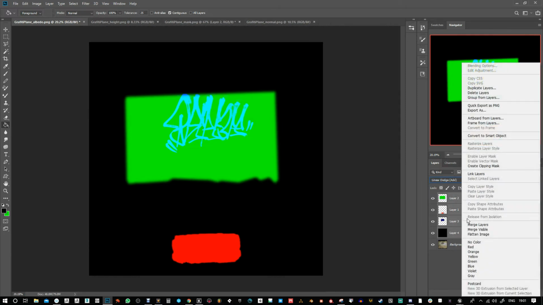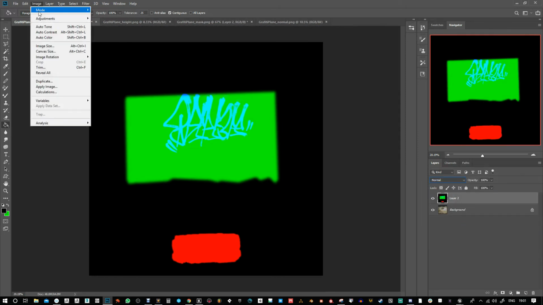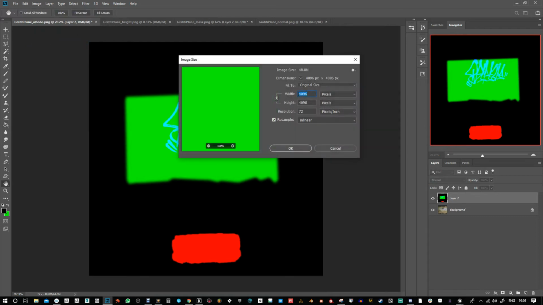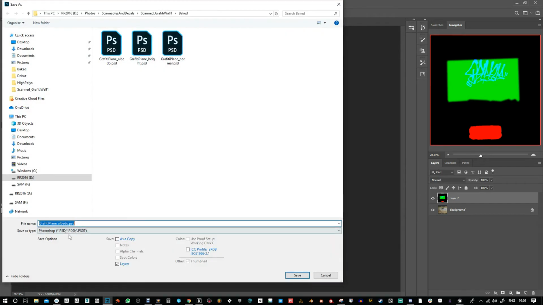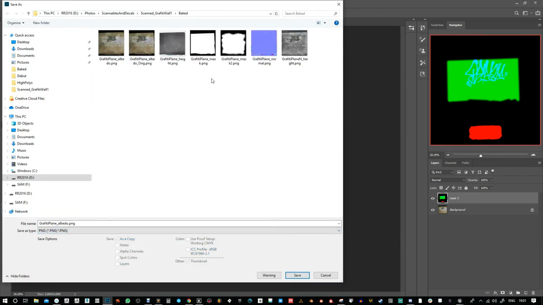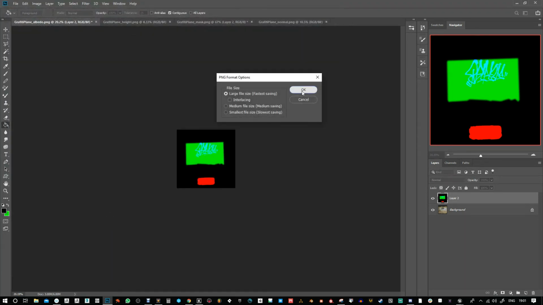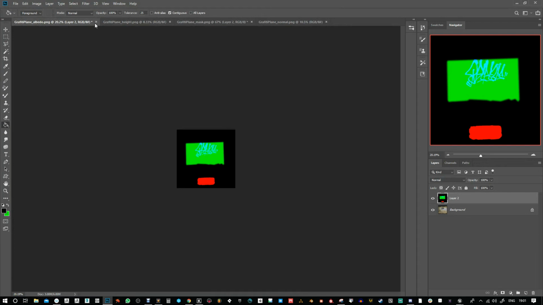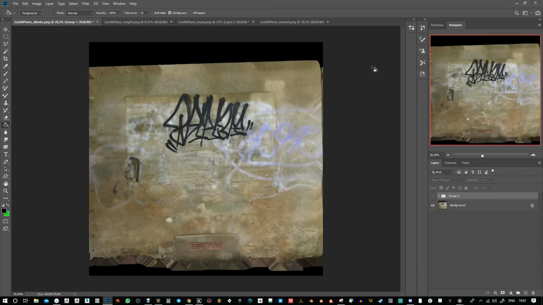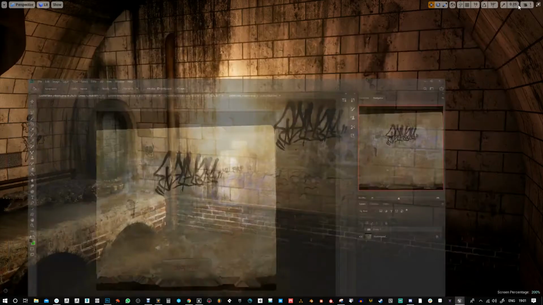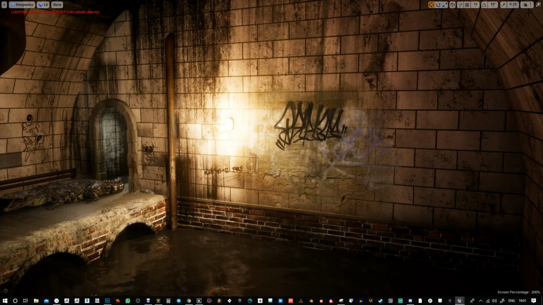I'm going to merge these together, and then image size, go back down to 1024, and I'm going to save this as mask RGB. Right, I'm just going to undo that, so I've got this mask separate. And then if I go into our project here,